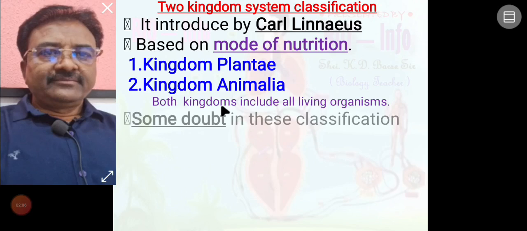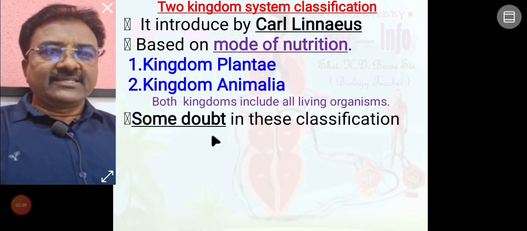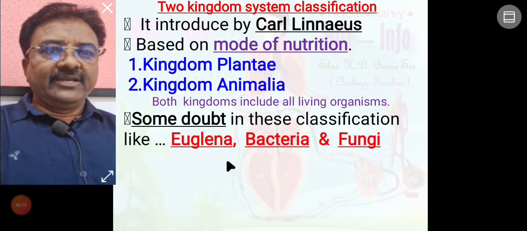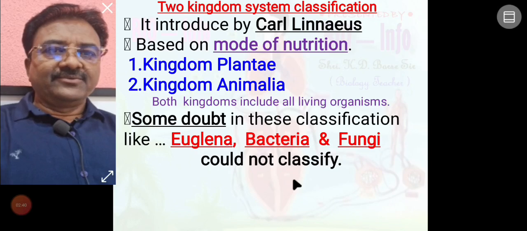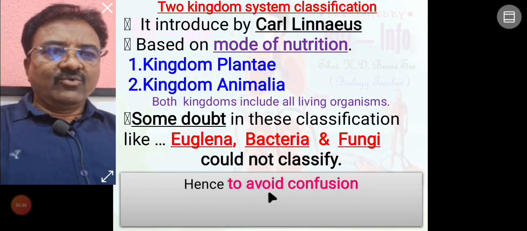But there are some doubts in this classification. Euglena is one organism that contains animal as well as plant characters. Also bacteria can be autotroph or heterotroph, and fungi are heterotrophic decomposers. These three different groups of organisms could not be classified. So this doubt, this confusion,